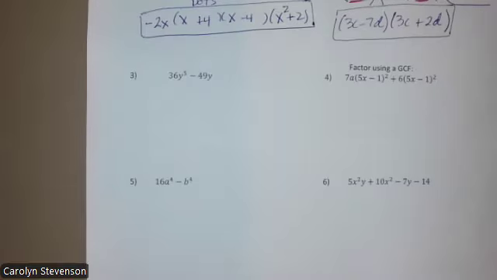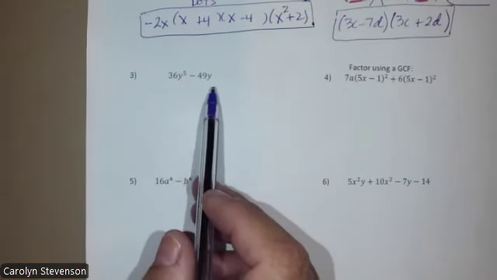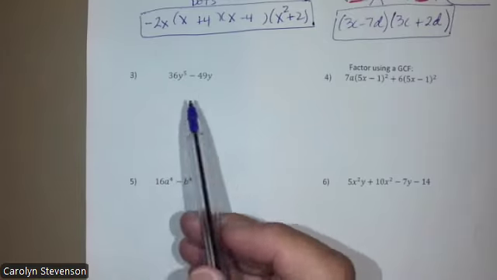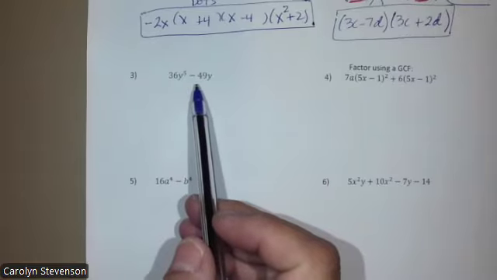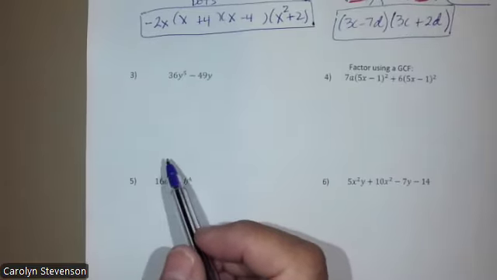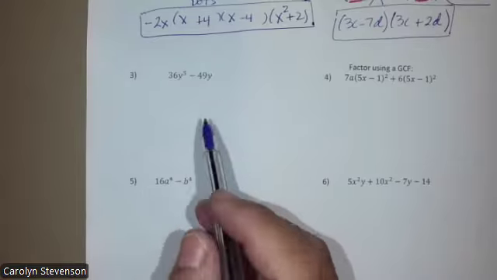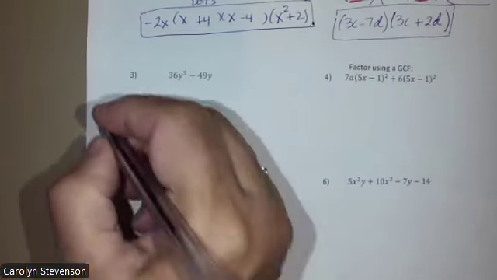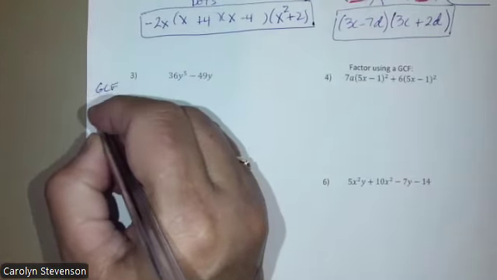Number 3, fundamentally, it's a 2-term question. So it either is going to be a difference of squares or one of those cubes problems. You've got a 36 and a 49 in there, so eventually it's going to be something to do with the difference of squares. But we have y to the 5th and we have y. So we want to do GCF first